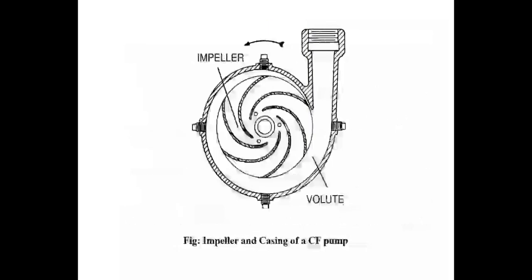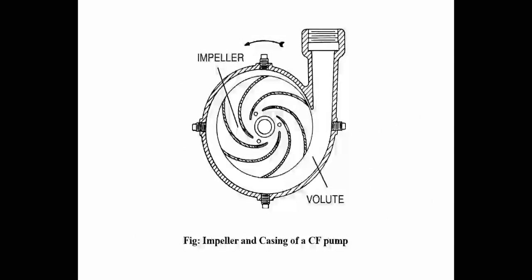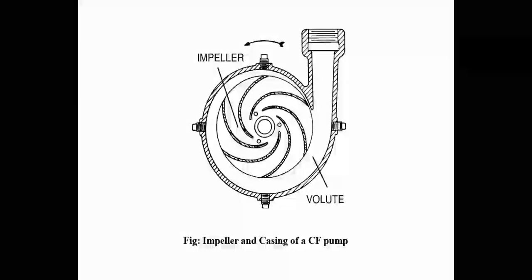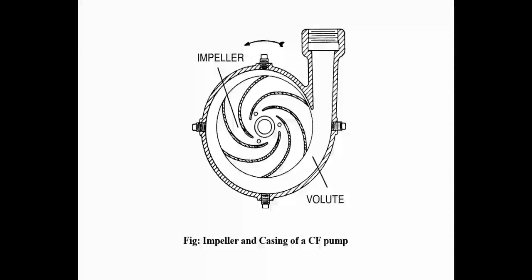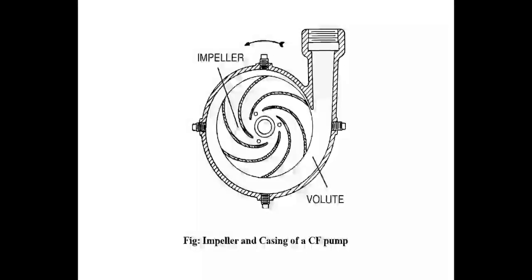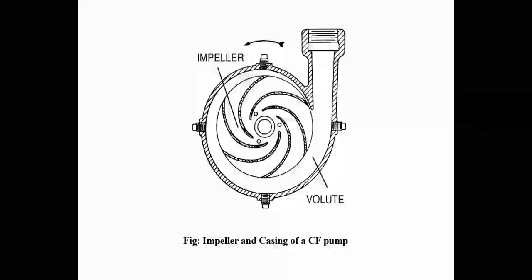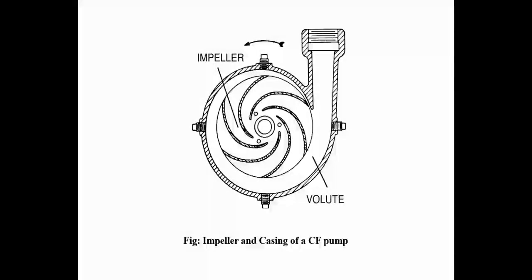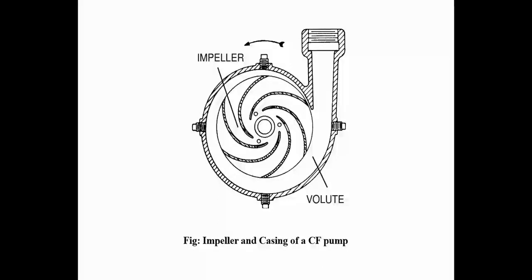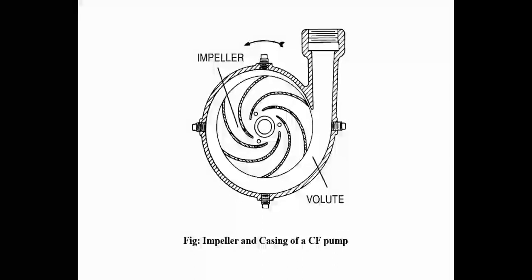Okay. So here you can see this is a volute casing. In the center you are seeing the impeller. The impeller has several curved blades inside it. This portion is known as the eye of the impeller. This impeller is placed inside a particular casing, and this casing is known as volute casing. Why is it known as volute? Here you can see the clearance between this impeller and the casing is increasing from this point to the discharge end.